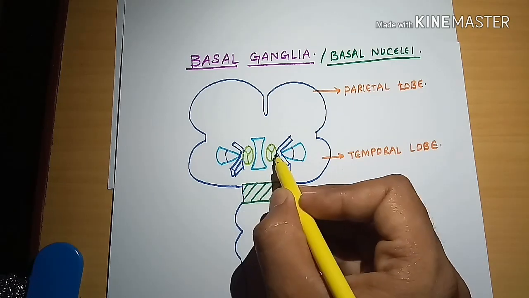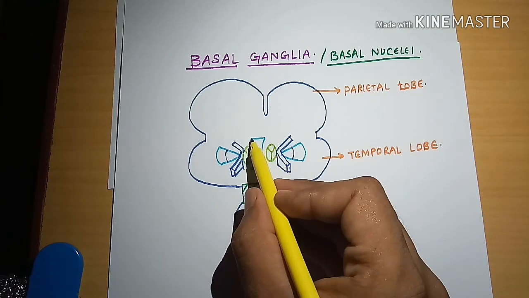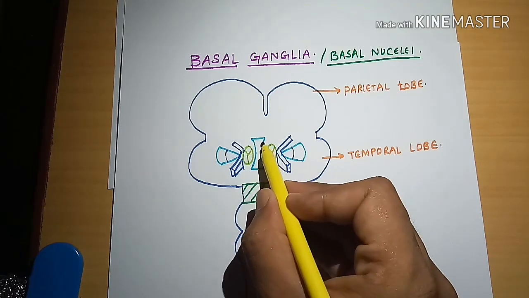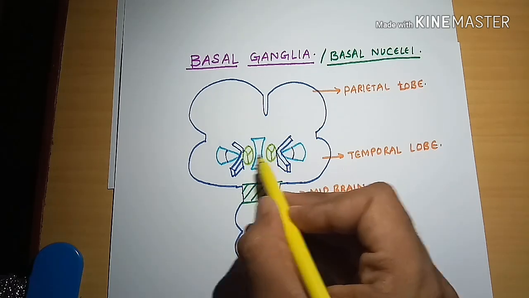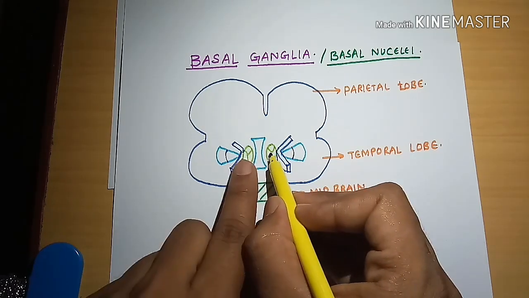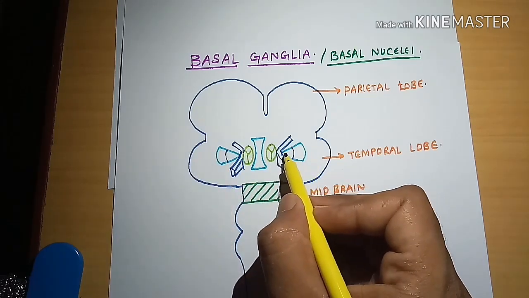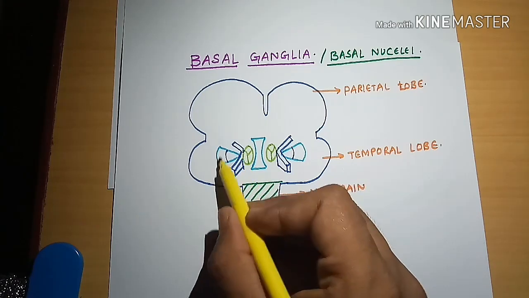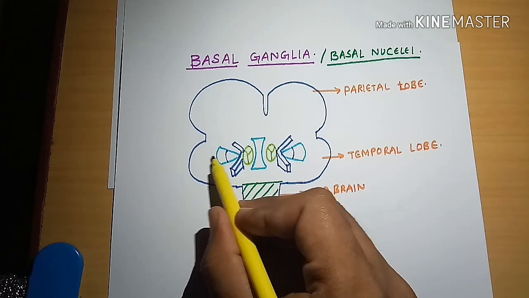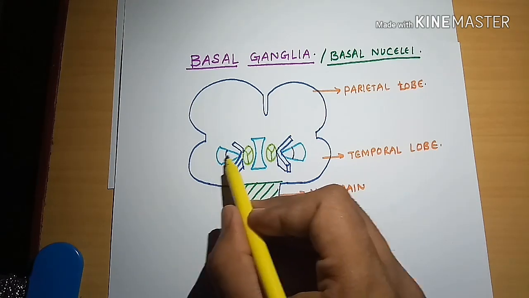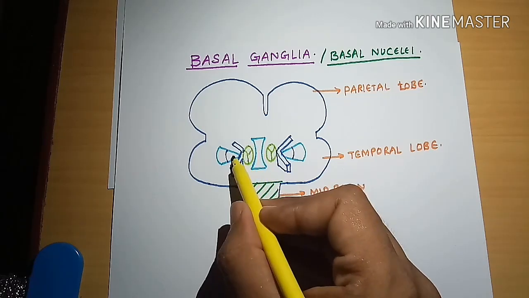In between the two thalami there is the third ventricle, and more lateral to the thalamus is the lentiform nucleus. The lentiform nucleus consists of two parts. The lateral part is called the putamen, and